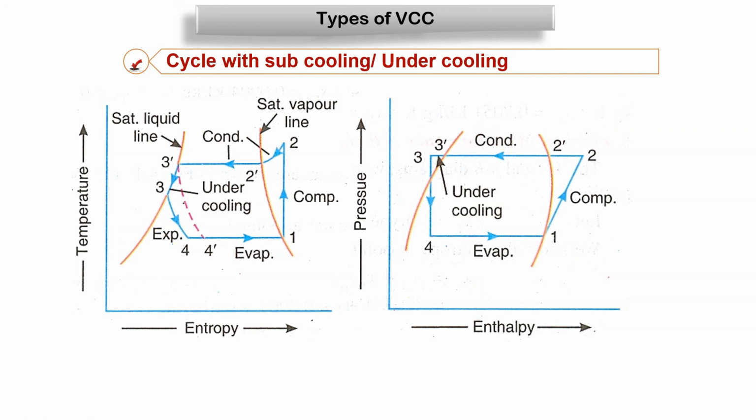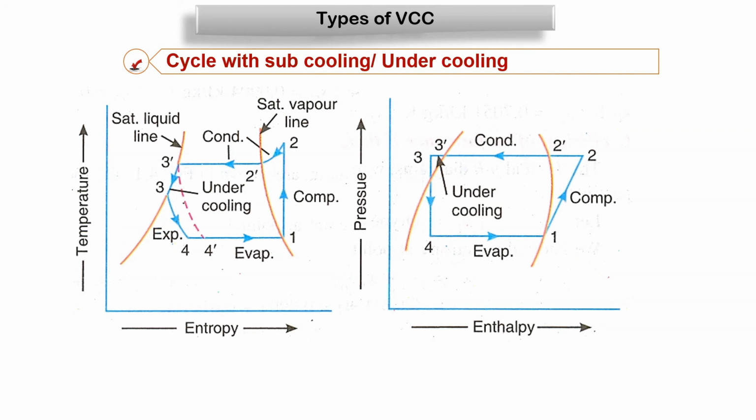Then the next difference between the Bell-Coleman cycle and vapor compression is about COP. Air cycles have a lower COP as compared to the vapor compression cycle. So we'll see a few other advantages of the vapor compression cycle. The vapor compression cycle is smaller in size for a given refrigeration capacity as compared to the air refrigeration system. So the air refrigeration system will be large compared to the vapor compression system. Then the running cost of the vapor compression system is less. That is why we say that the COP of the vapor compression refrigeration system is more.